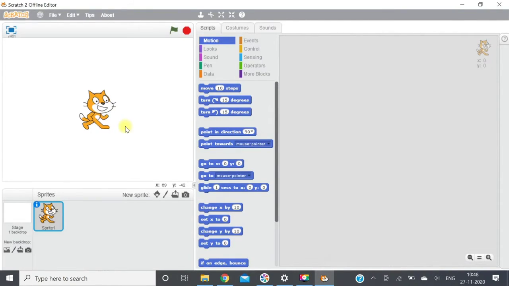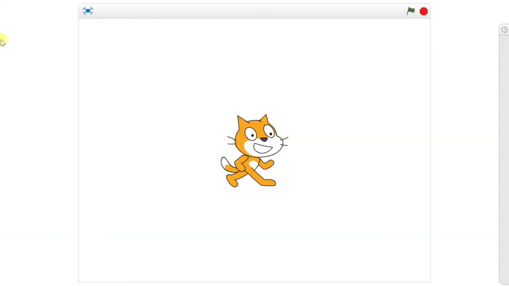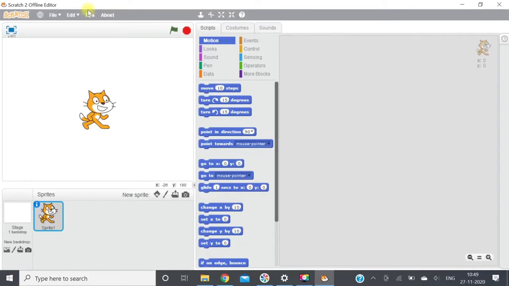Now presentation mode. Where is the presentation mode? This is, or we can call it view full screen. So this is a button which is located at the top left corner of the stage, and when you click it, it will show you the view of full screen. Again click, you will be back to here.